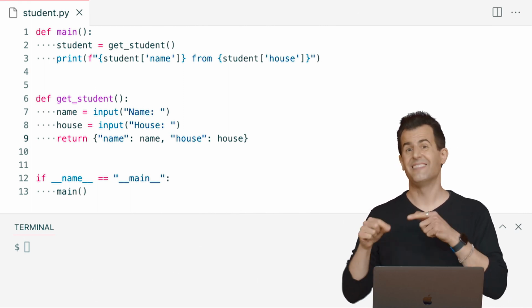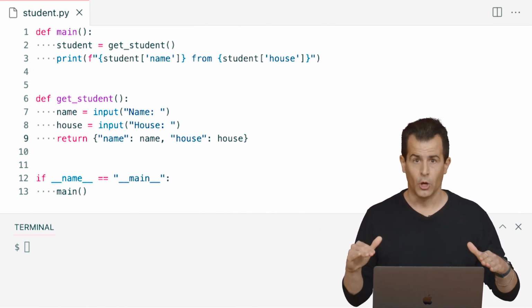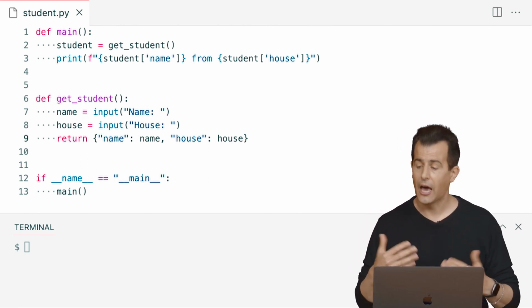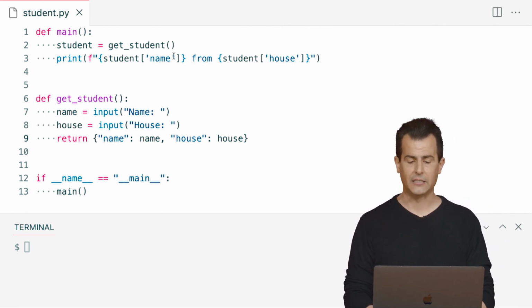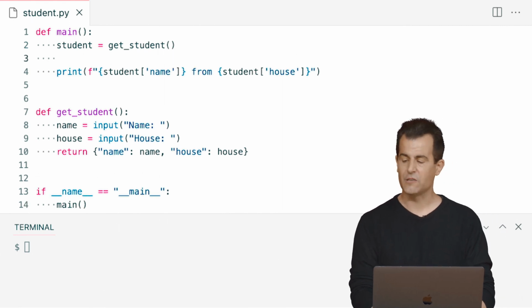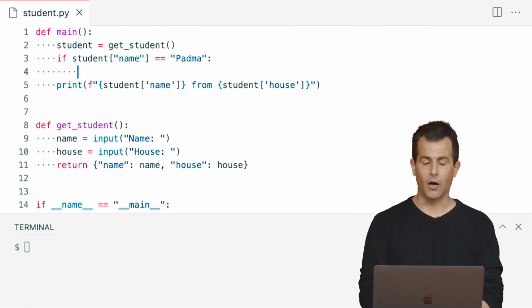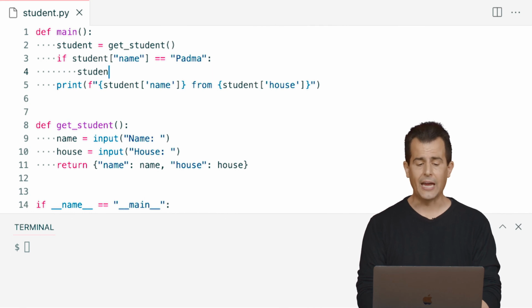Well, dictionaries, like lists, are mutable. You can change what is in them just like you can lists. How do you do that? It's just a little different syntactically. So let's go back into main and do this fix. If the student variable has a name key that equals Padma, then, indented, go ahead and change the value of the house key inside of that student dictionary to be, quote unquote,